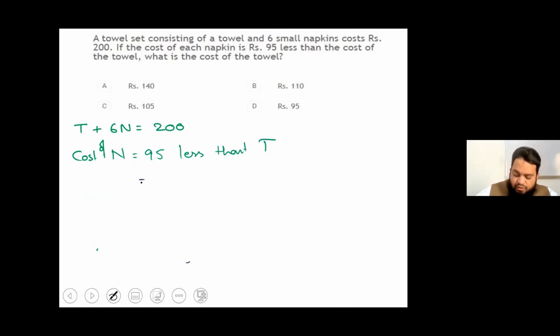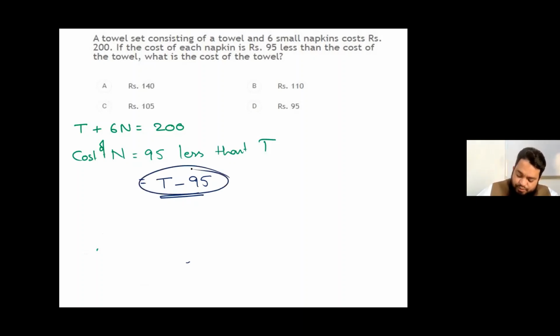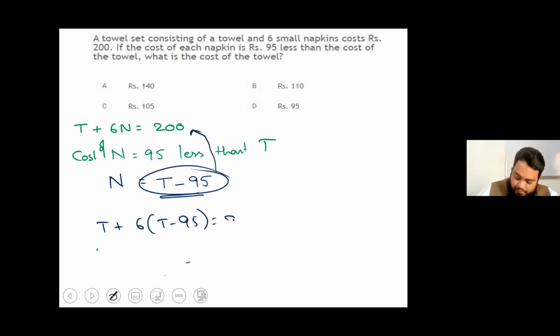So what does he actually mean? Cost of towel minus 95. So, t minus 95. What is the cost of towel? Okay, fine. So now substitute n equals t minus 95 in the equation. So t plus 6 times (t minus 95) equals 200. So it will be t plus 6t minus 6 times 95, which is 600 minus 30, that is 570, equals 200. So t plus 6t, 7t